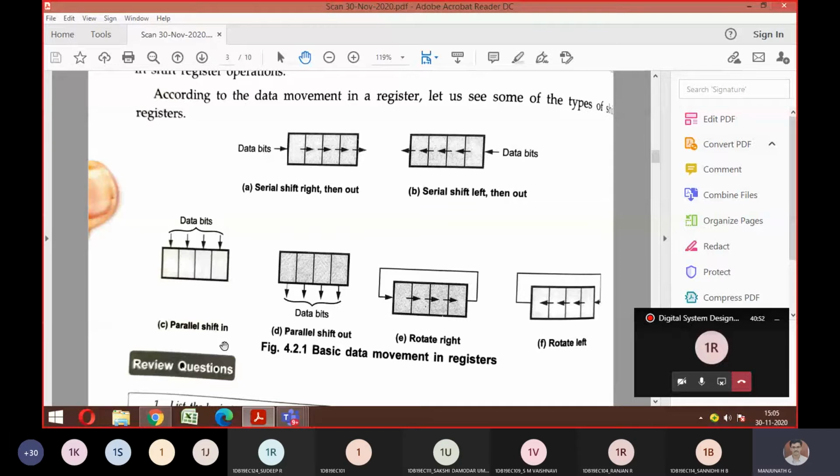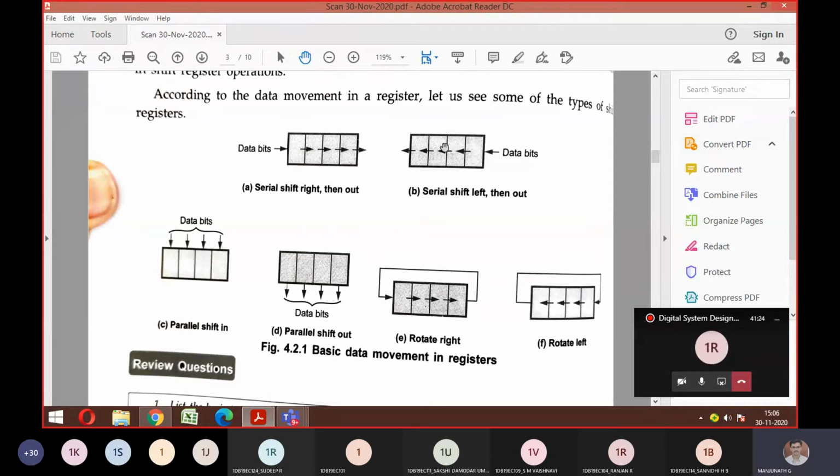Okay, fine. So after knowing that problem, let me come back to what we started with respect to shift registers. You got the idea, right? Shift register means keep moving the bits one after the other. Shifting can occur towards the left-hand side also, and right-hand side also. That is what the first diagram tells you. Look at this diagram: serial shift right, then out. Input is provided from the left-hand side, and shifting is happening towards the right-hand side.